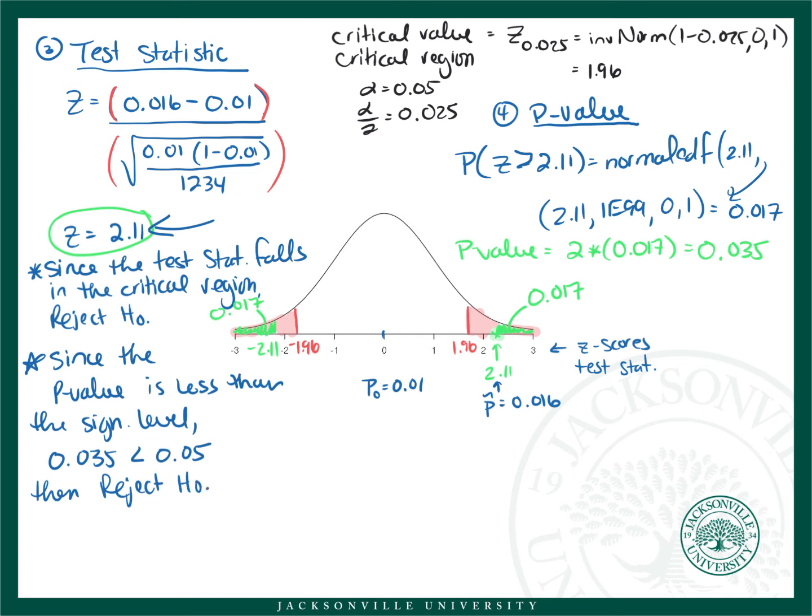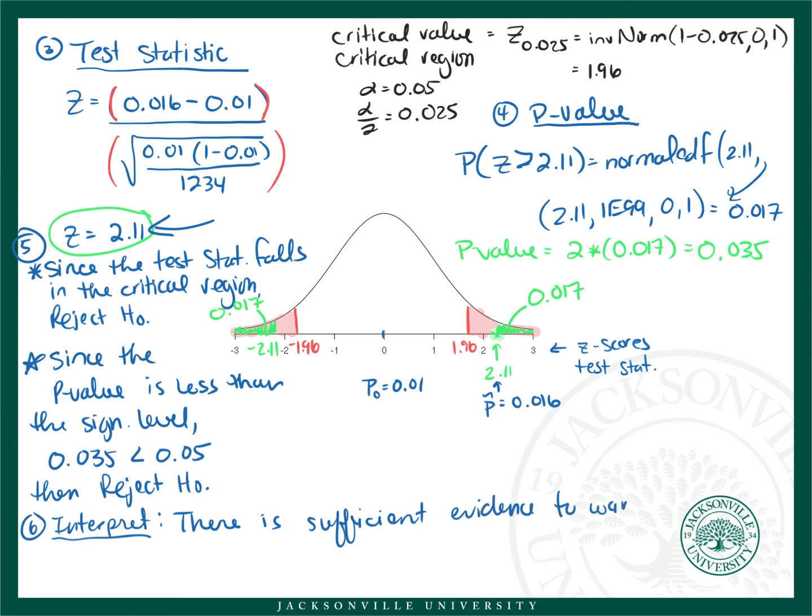All right, so the last step is to now, so this right here, that's step 5, is making a conclusion about the null hypothesis. And then your last step is to interpret these results. So let's interpret that conclusion. So keep in mind here that the original claim is the null hypothesis, and we just rejected the null hypothesis. Therefore, we would make the statement, there is sufficient evidence to warrant rejection of the claim,